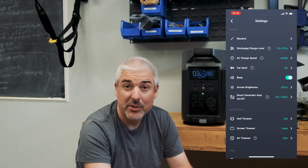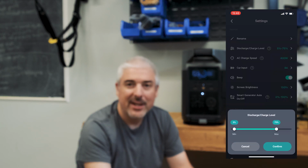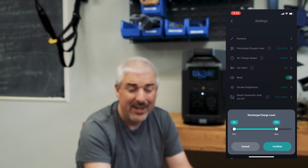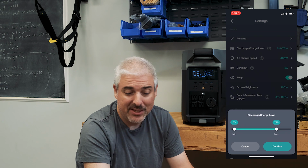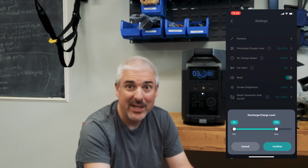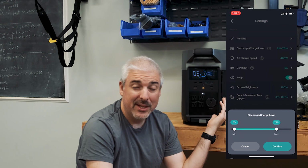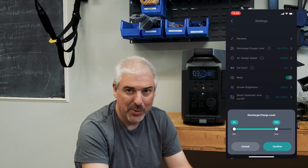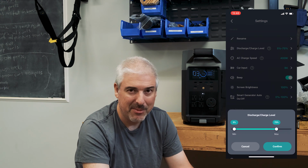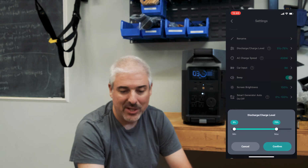Where things do get a little interesting is you can set the charge and discharge level. So I can kind of play that Tesla game where I can cap my maximum charge at 75%. I don't know if that saves the batteries or just makes me feel better, but I've set it to 75. I can set my minimum to 5%, so you can avoid drawing the battery down too much. I would assume that, like any one of these devices, they put some battery protection circuitry in there, so you won't ruin it if you take it to 0. There's probably still some capacity left, but if it makes you feel good, then you can adjust those levels,